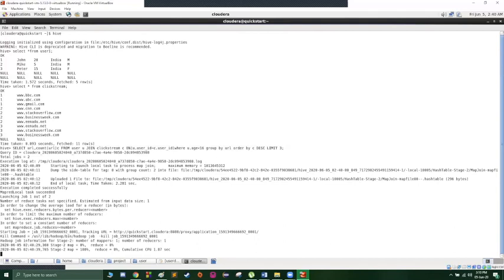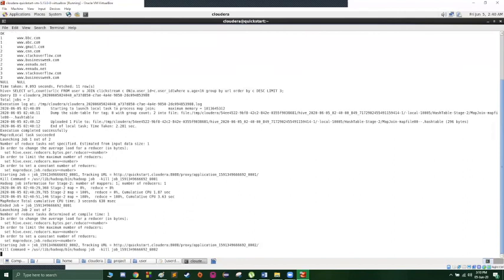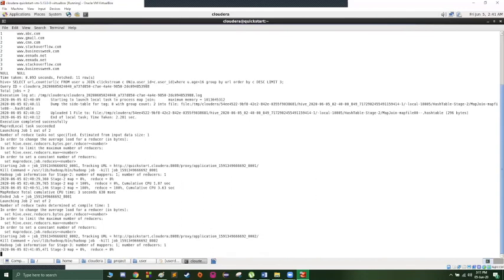It's being split into the map and reduce functions. So stage 2 has now been launched, and the map reduce function has started. So the map is completely done, the reduce is completely done. Now the second job is being processed. This will just take a few more seconds.